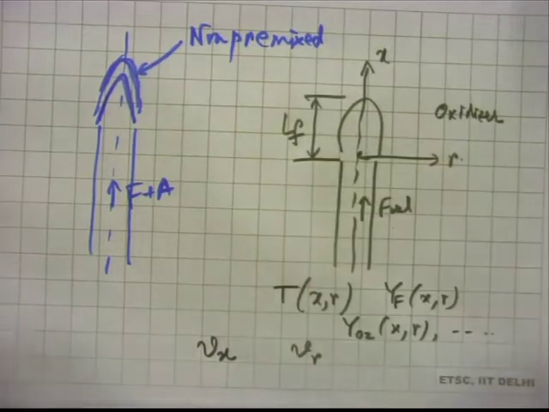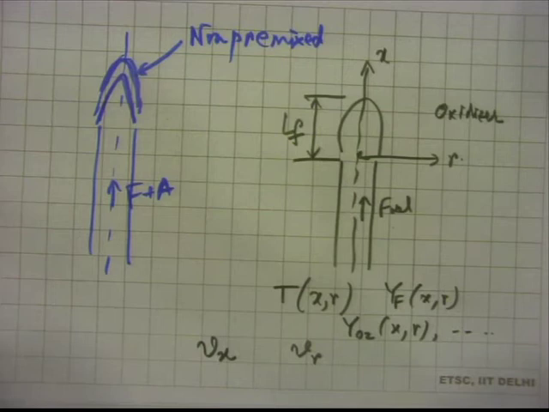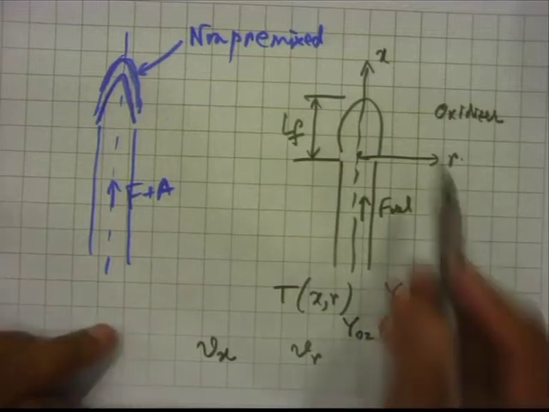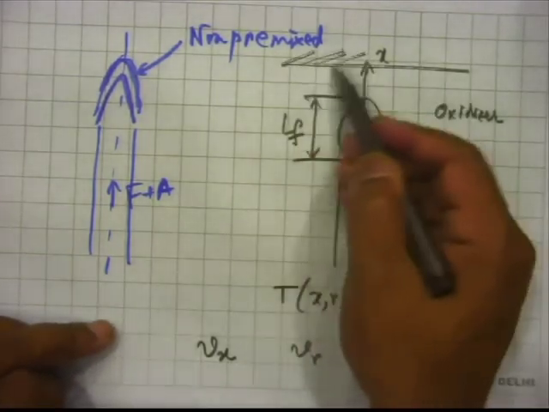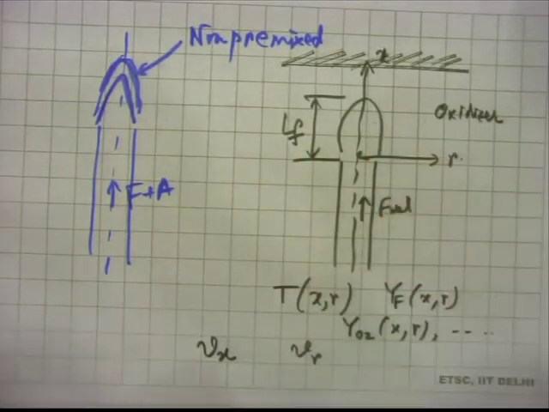This is length of the flame. So length of the flame, that is the size of the flame and the shape of the flame, these are also often of interest to us. Why? Suppose we are trying to heat something, and suppose we want to heat this surface here with the flame,